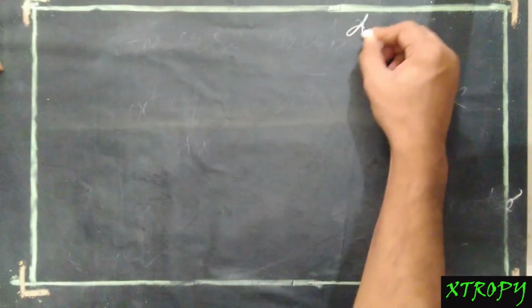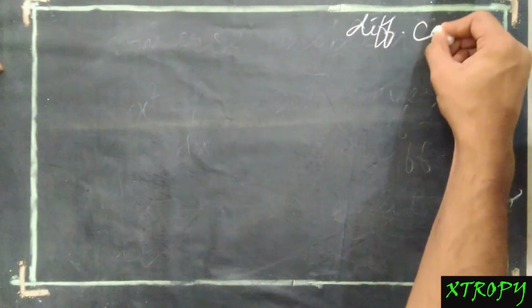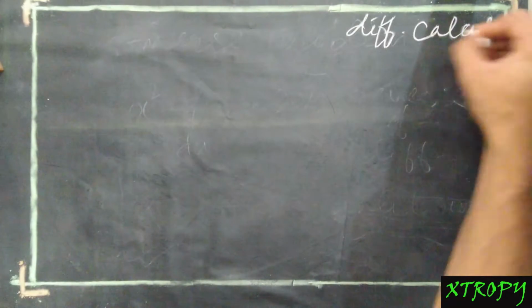Since integration is the inverse of differentiation, the integrals of some elementary functions follow the standard results of differential calculus. Therefore, if you have remembered the formulas of differential calculus earlier, this will be of great help in our journey